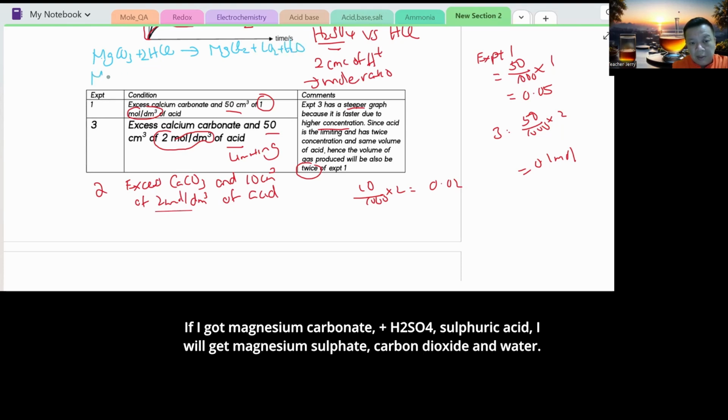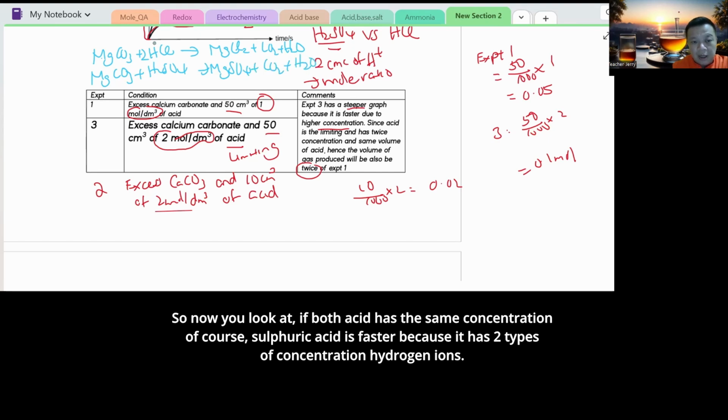If I have magnesium carbonate plus H2SO4, sulfuric acid, then I get magnesium sulfate, carbon dioxide, and water. Now if both acids have the same concentration, of course sulfuric acid is faster